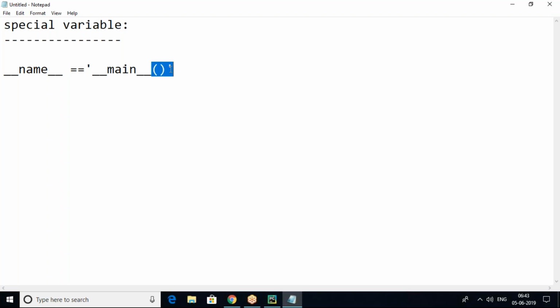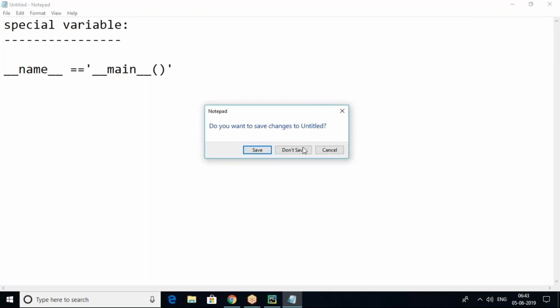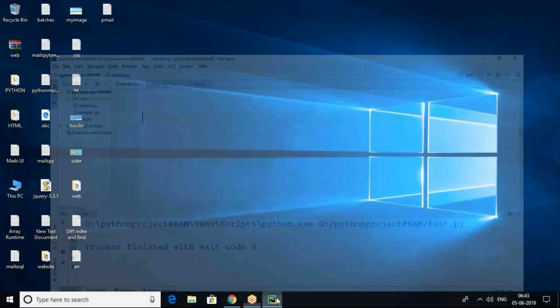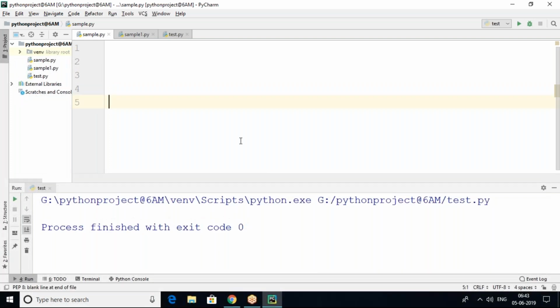If the program is executed as an individual program, the value of the name variable is main. If the program is not executed as an individual program, the value of the name variable is that module, whatever module it is working through. So this is a special variable in Python. It is used to check whether it is executed as a module or as some other program.